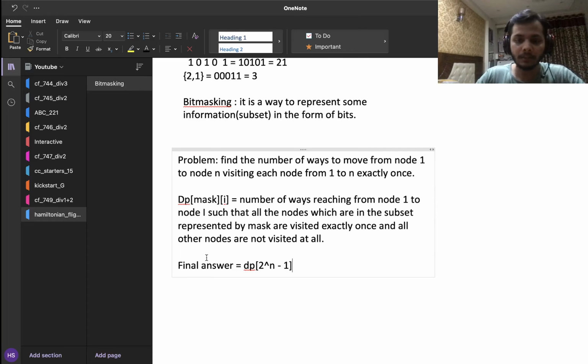Because according to the definition of dp, all the nodes which are set in mask are the only nodes which have been visited, right? And if I am at the ith node, then obviously the ith node is visited. That means the ith bit in mask has to be set. So if that is not the case, then I would straight away say that dp of mask I is just 0. And moving on, I'll just be assuming that the ith bit of mask is set, right?